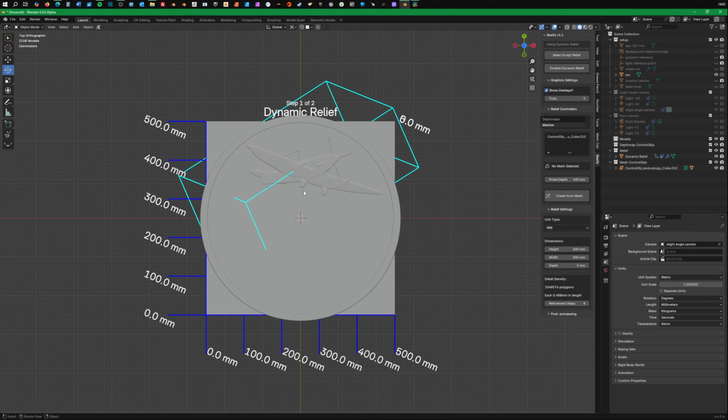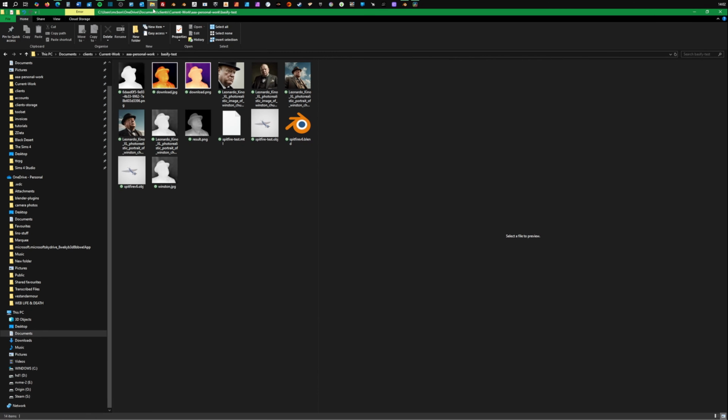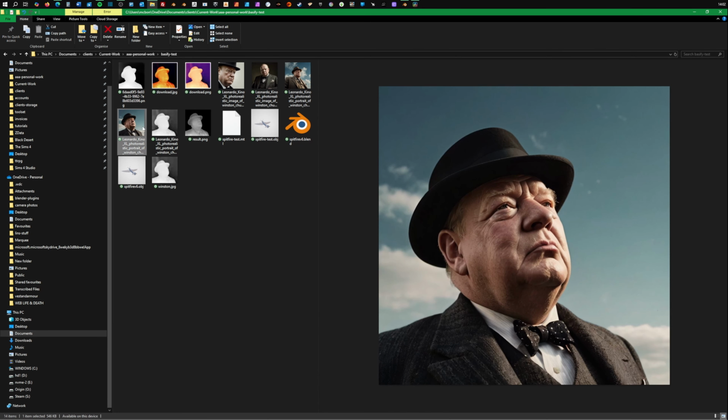As well as importing from a mesh, we can import from a depth map, and this is where the opportunities get a bit more interesting, because the reason I chose a Spitfire was I was thinking about Winston Churchill, because I do, as you do.